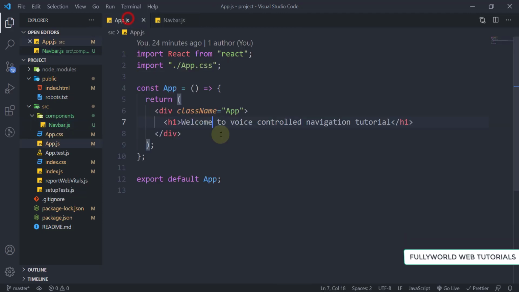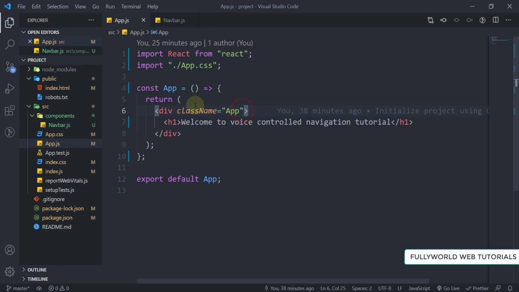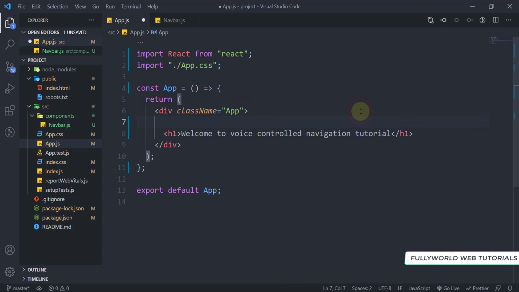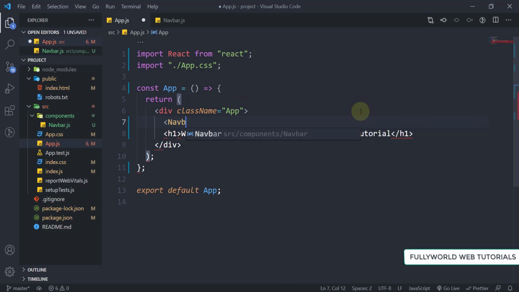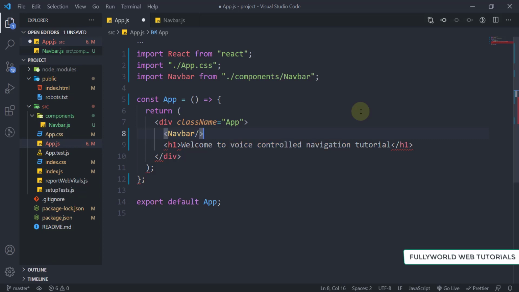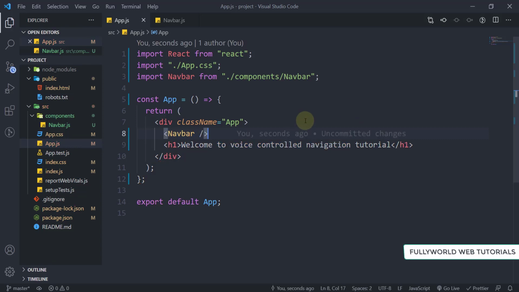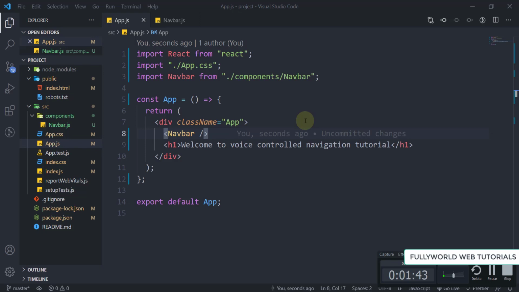Save it, and now I'm going to add our Navbar here, save it, and now our navbar will be here.